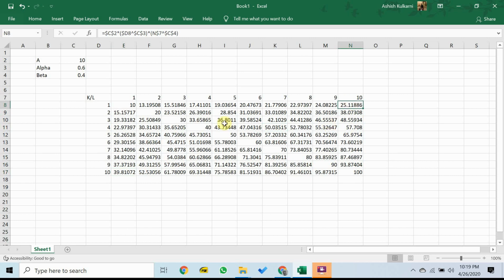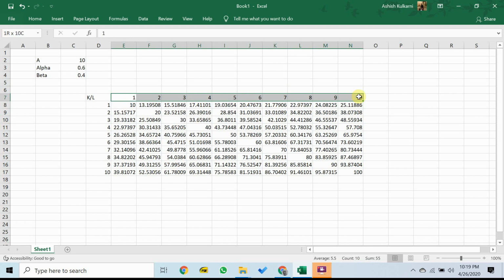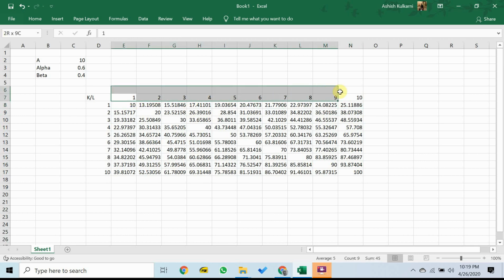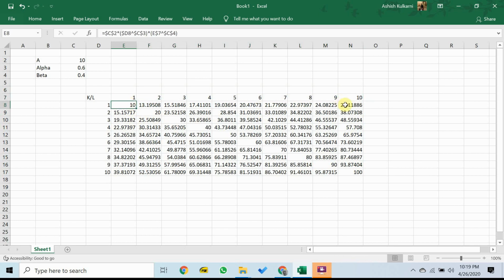And what that means in practice is, if labor goes on increasing from 1 to 10, output will not increase quite as much. It will go from 10 to 25. So I've increased labor by a factor of 10. I have gone from 1 to 10, but output has gone up by a factor of only 2.5, from 10 to 25. However, if I increase machines or capital from 1 through 10, output goes up from 10 to 40.